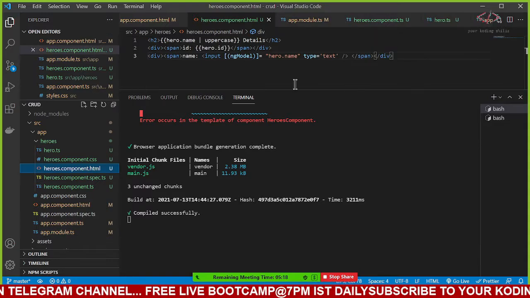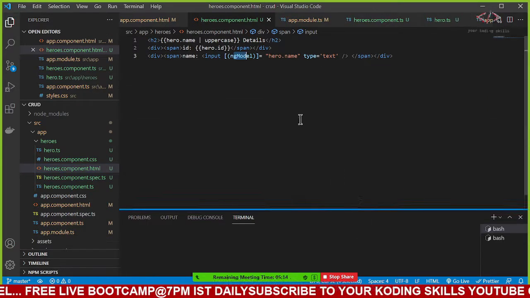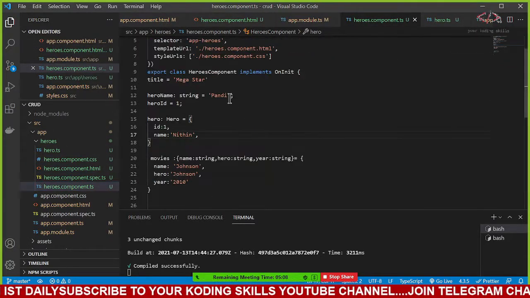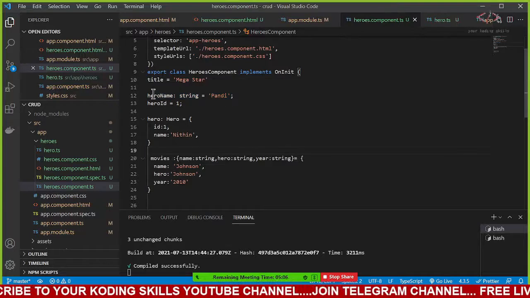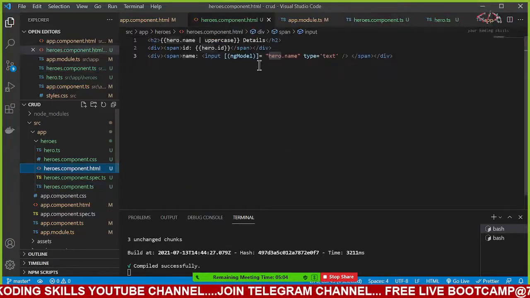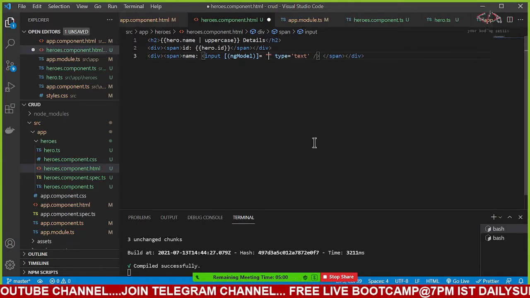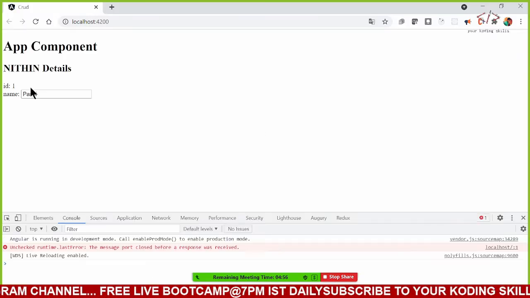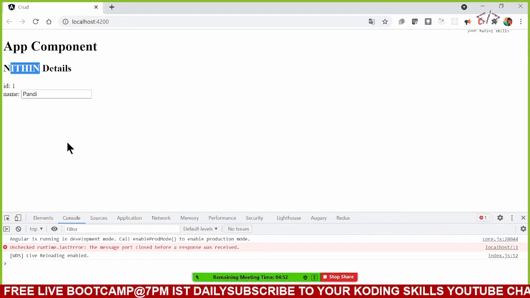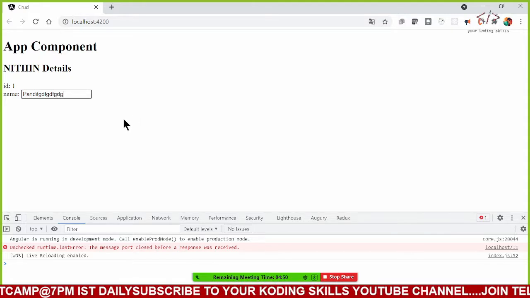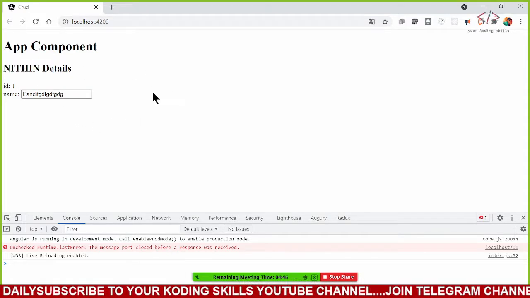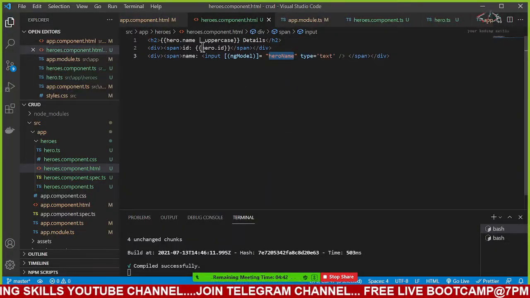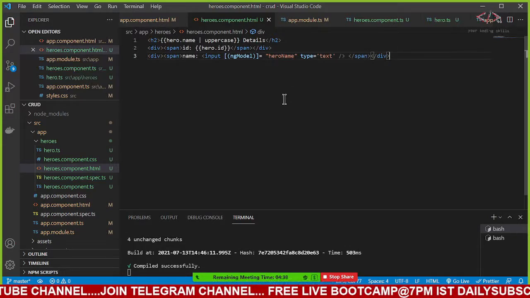You can add ng model and it requires one variable. Now here we give hero dot name is equal to, yeah, that one, fine. Now I know many people get confused. See, now here I have hero name is Pandi, right? If I copy this variable here and I go here and change that hero dot name to, see here, it says Pandi for me here. And this Pandi, it will not show you here because you're not displaying it. You need to display that if you want to see the changes from HTML itself. Instead of hero.name, you can change whatever you like. Now I'll return it back.